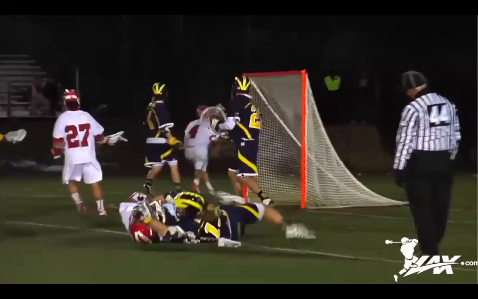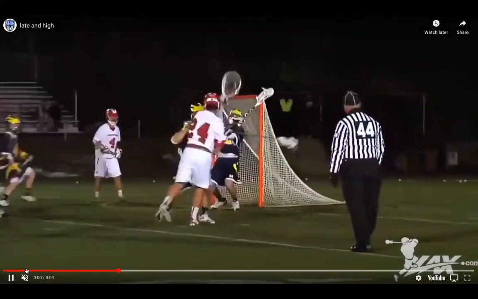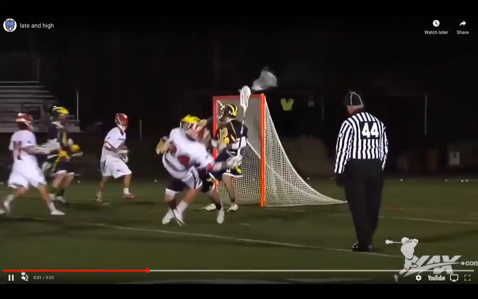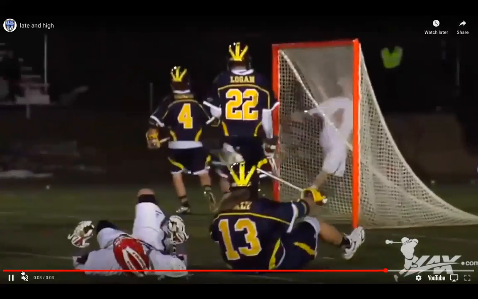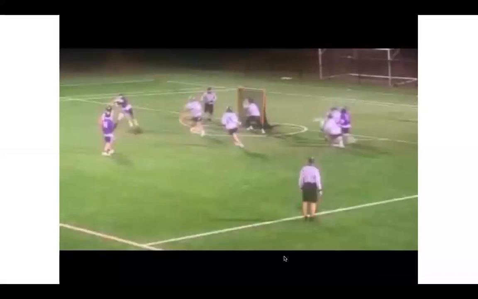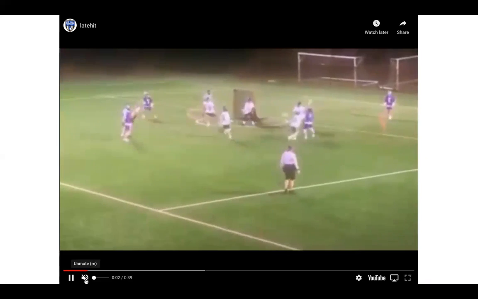This next one is another live ball play, but it is a late hit. We'll watch it again. Player shoots and is hit. This is a late hit, and it is a cross check for late, and it's a late hit. So we just need to make sure that we're, number one, communicating on the field, but also number two is always